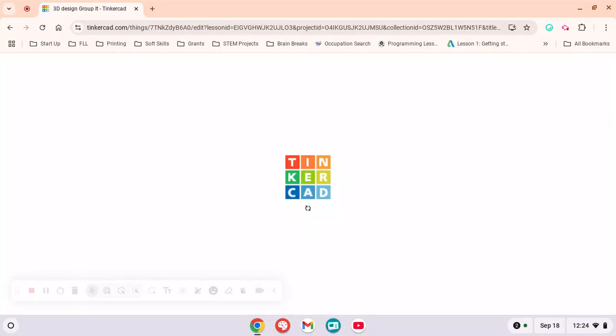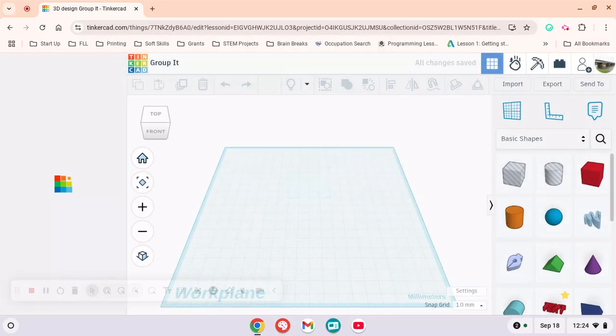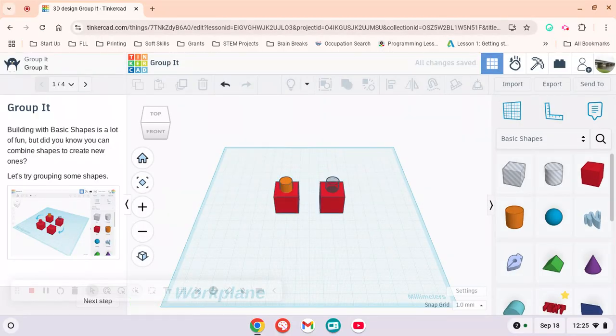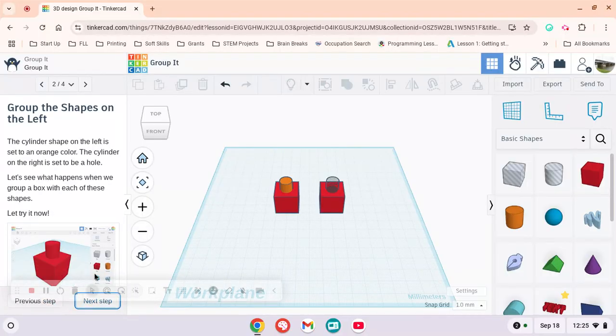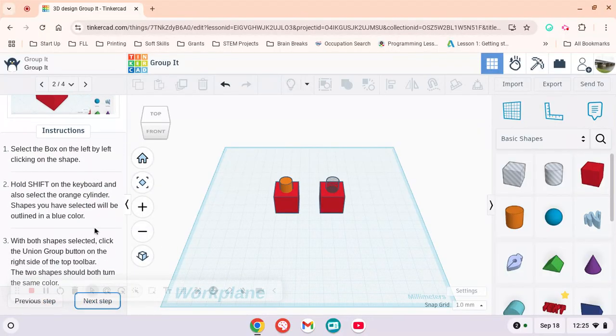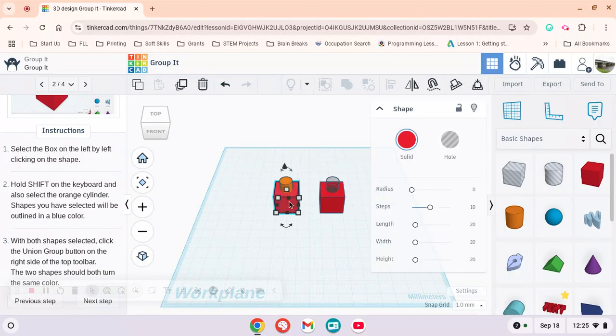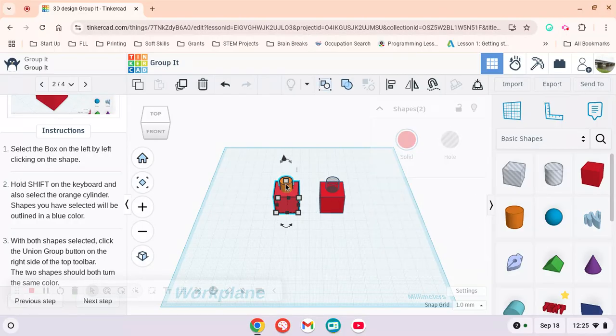Group it. Group it is not hard at all. Okay, so next step. We're gonna group this. Select the box on the left by clicking on the shape and then hold the shift key. So I'm pressing the shift key down on the keyboard at the same time I'm clicking that,